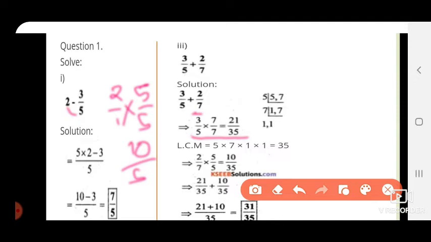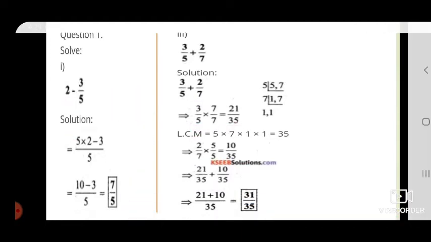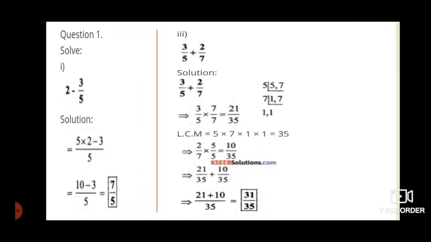So if we multiply, we get 10 by 35. So now we got the new fractions, 21 by 35 plus 10 by 35. We cannot add the denominators. We write the same denominator, and in the numerator 21 plus 10, that is 31 by 35. That's it. Next, children,